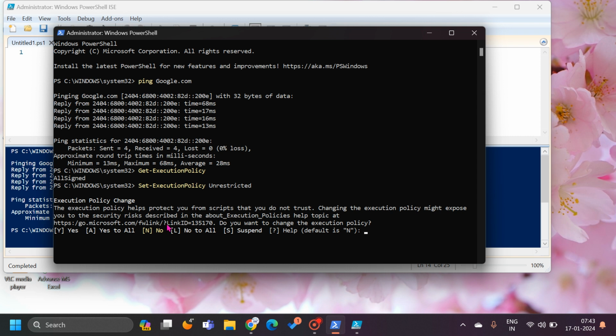So if you try to do it, it might give some security alert to the IT people, and then they will come to you asking why you are doing such stuff. Until and unless you need it, only then you should do it. Otherwise, try all this stuff on your personal system. Okay, so now yes, I want to change it, so I'll type Y,